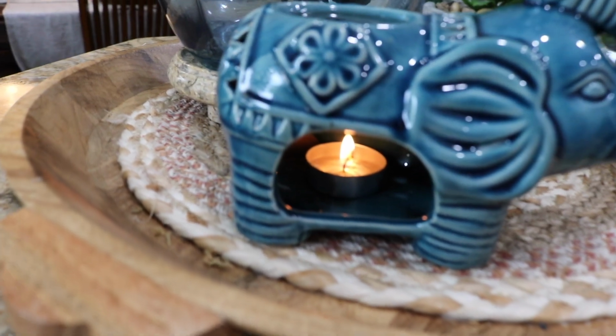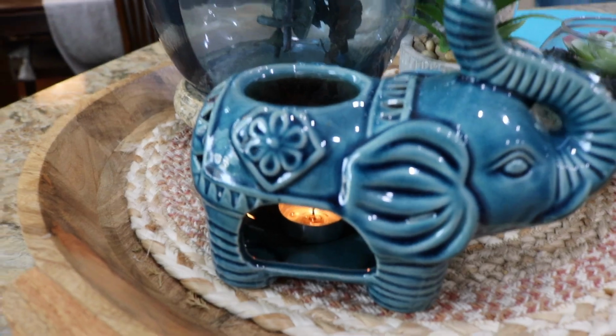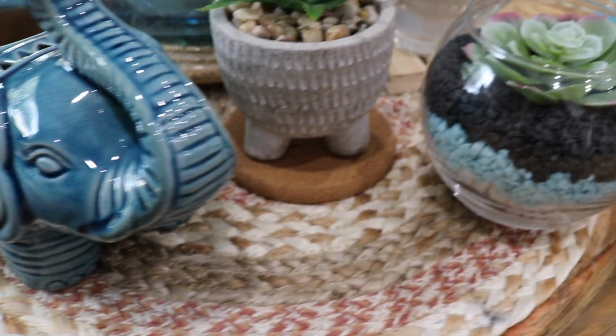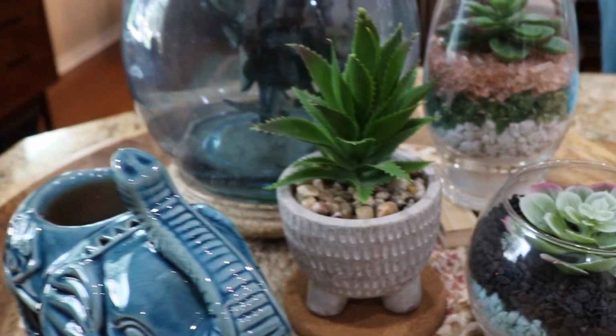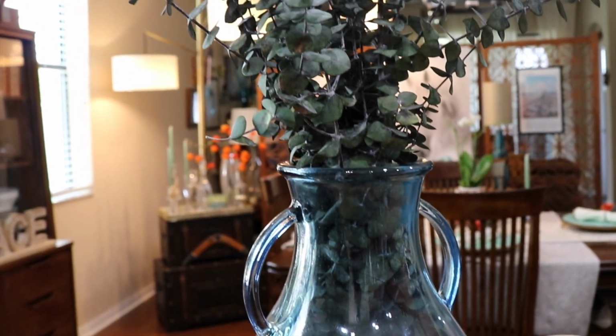This wax warmer originally comes from Home Goods, and I've seen this before at Home Goods and at places like TJ Maxx. And I love elephants, and it fits the color and aesthetic of my home. My home is very travel, eclectic, and I want to say maybe a little Spanish, rustic elegance with a little